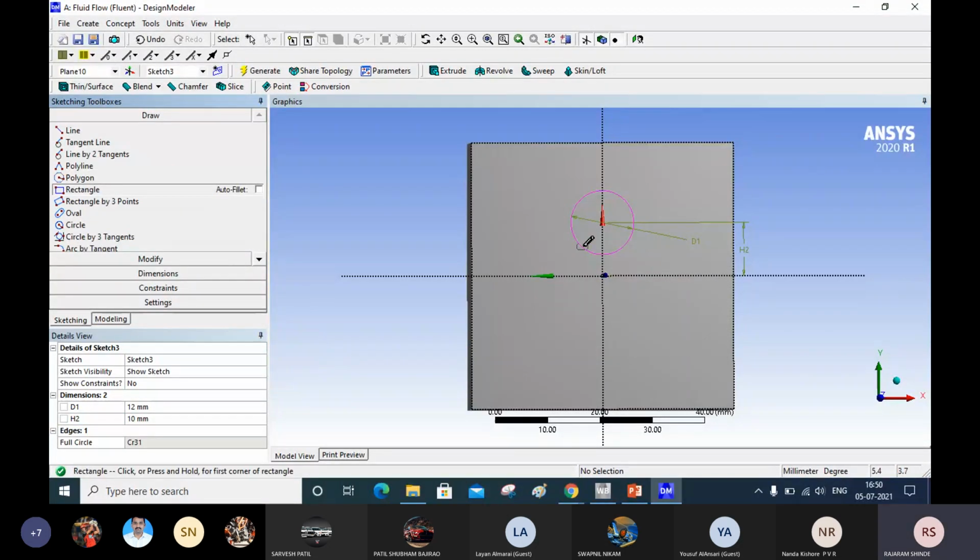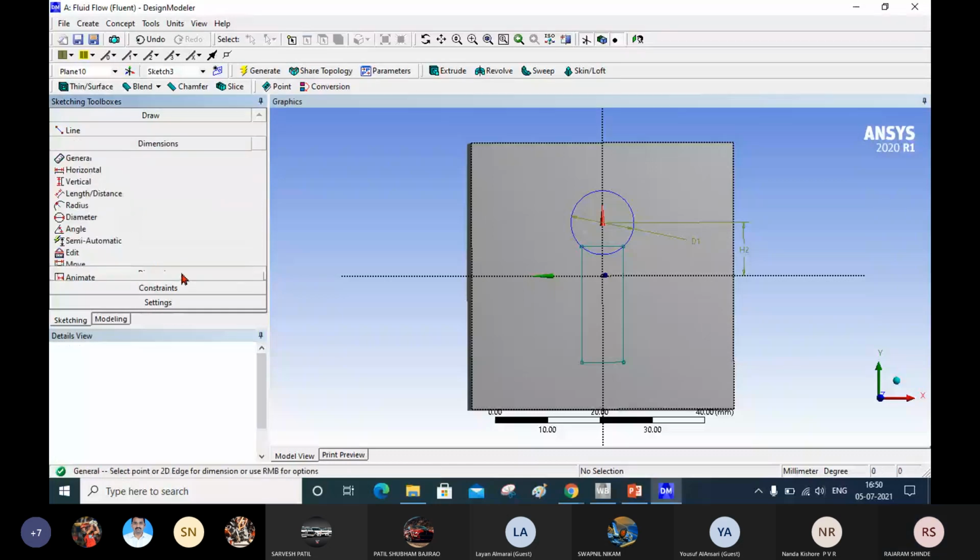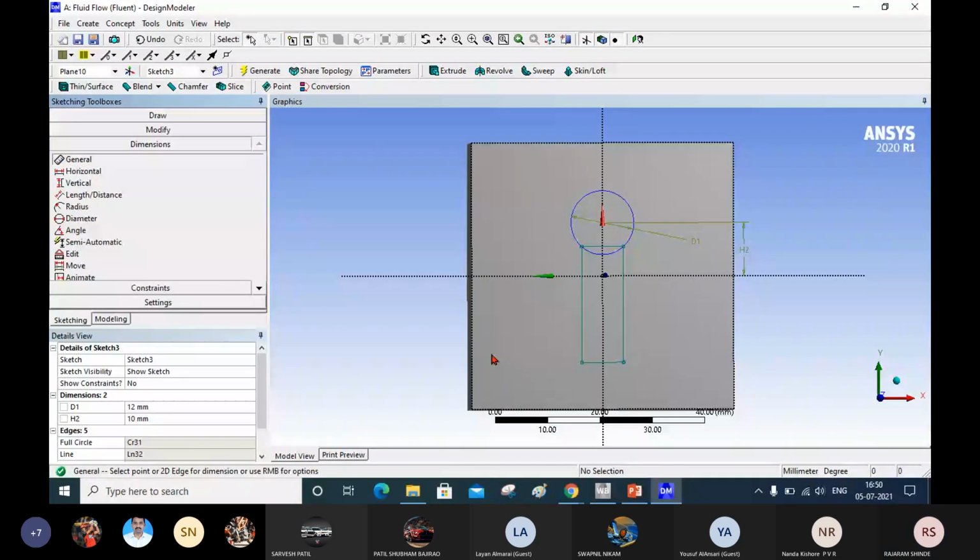You move your mouse pointer on the circle. When it coincides with the circle, it shows a C symbol. When it is showing the C symbol, click the left mouse button and drag your mouse pointer away from that corner and click at any location. Okay. After that, you have to give the dimensions to this rectangle. Go to dimension. Now this edge is 15 millimeter and this edge is 80 millimeter.